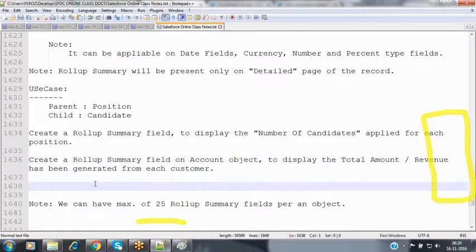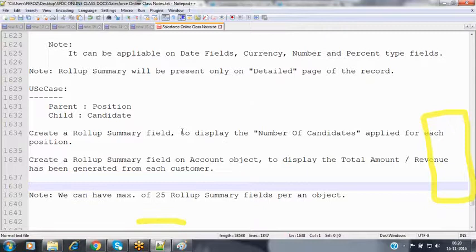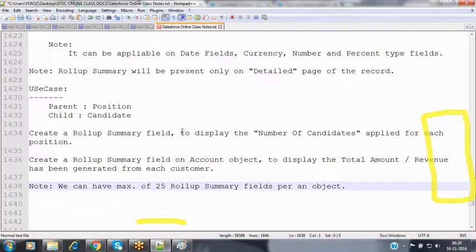So now we have one question. This roll-up summary field, it's a calculated field, right? Yes. If we go to the database and look in the backend, would there be a value in the database? Yes, in the backend also we can find that value, but you cannot modify it. It's read only. But you can query on this, right? Yes, we can query on this one.